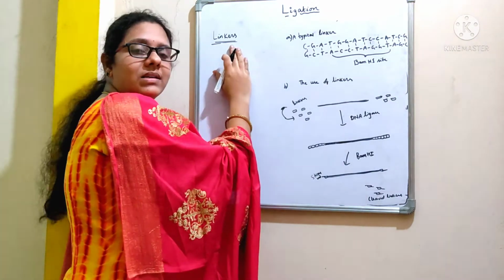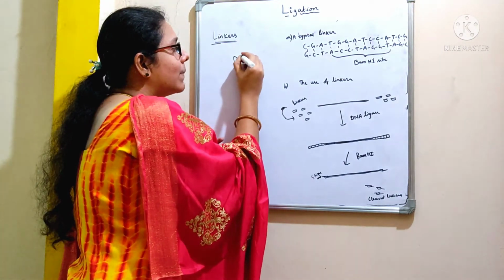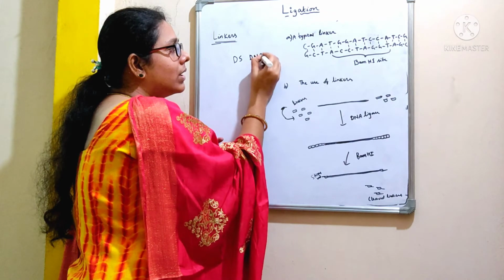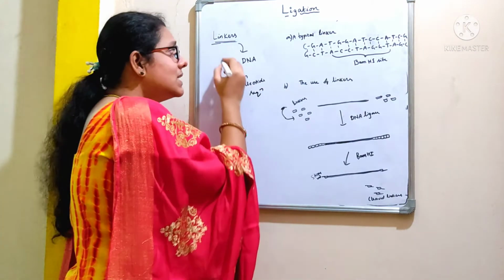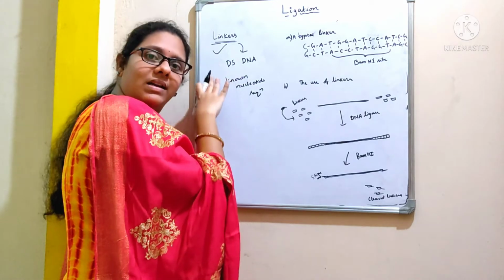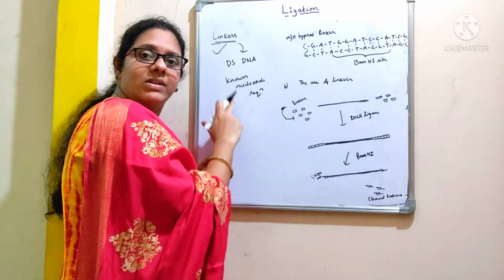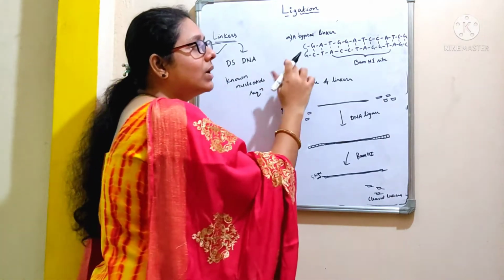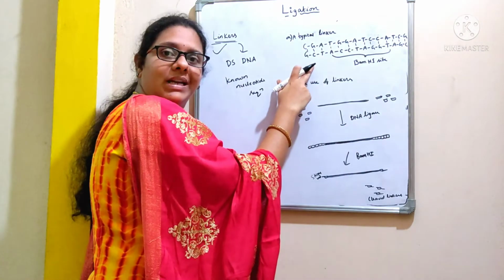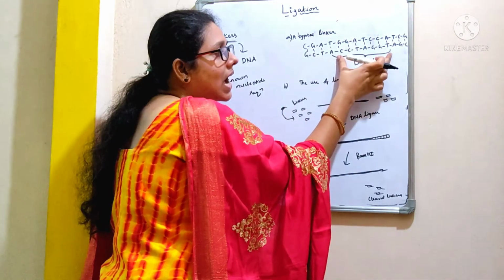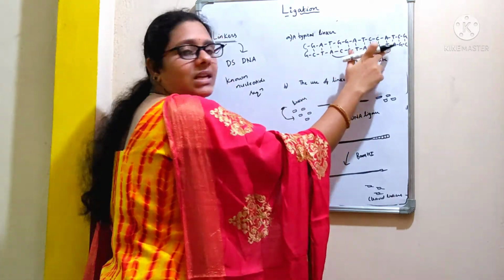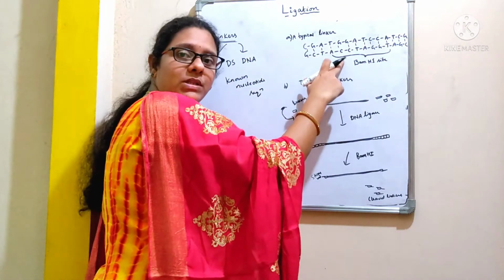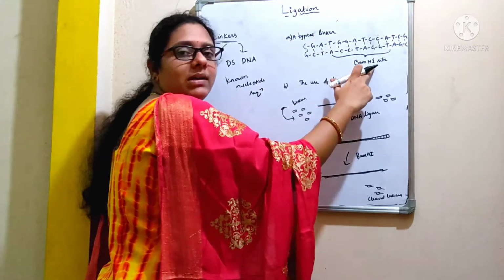These linkers are short pieces of double-stranded DNA molecules with a known nucleotide sequence. These linkers are synthesized in a test tube, and we know the sequence of a linker, right? See, look at the picture. This is the structure of a typical linker, and it is having a recognition sequence of CCTAGG. So it is the recognition sequence for the restriction enzyme BamHI.